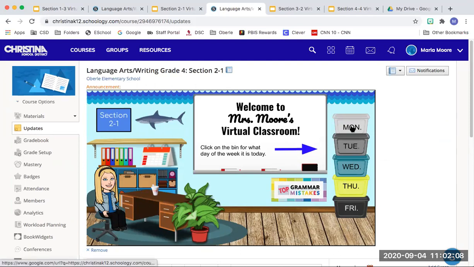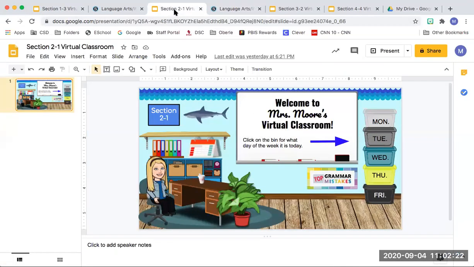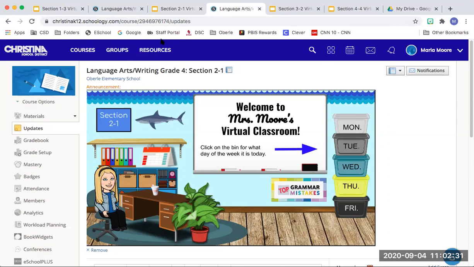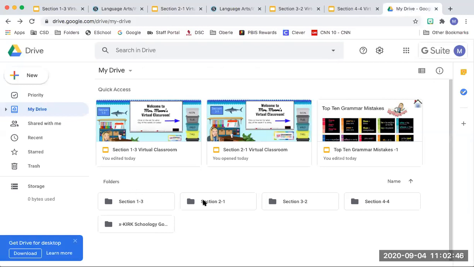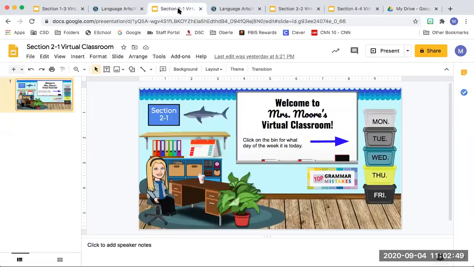Now, if you notice, my finger, when I hover, indicates that there's a link there, right? So that's what's cool about putting this in, is that when I make any changes in my Google Slides, it will automatically put it into here with only refreshing. So I'll show you what I mean. So let me hide this. If I'm in my section, like I said, I made a different presentation for each section. In my drive, I have a folder for each section that all the files are in. So in my section,